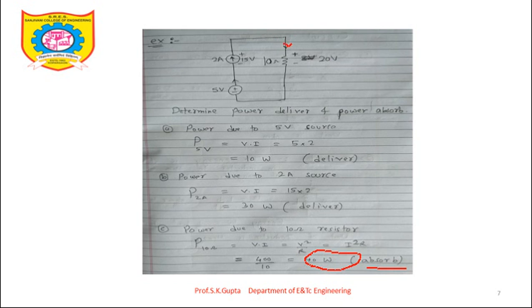Next, look at the important circuit elements. The important circuit elements are resistance, inductor, and capacitor. Definition of resistance: it opposes current flow. This is the symbol of resistance. According to Ohm's law, V equals IR. The unit of resistance is ohm. Resistance is rho L by A, where rho is the resistivity, L is the length, and A is the cross sectional area.